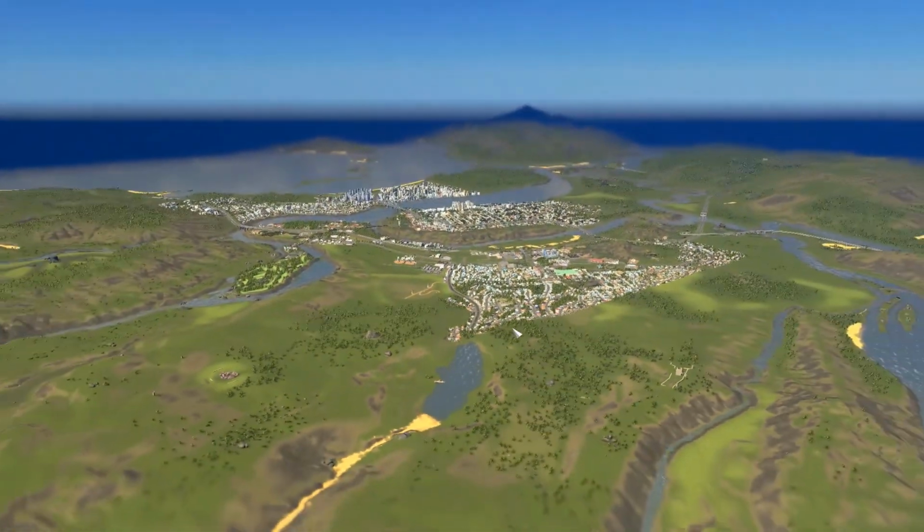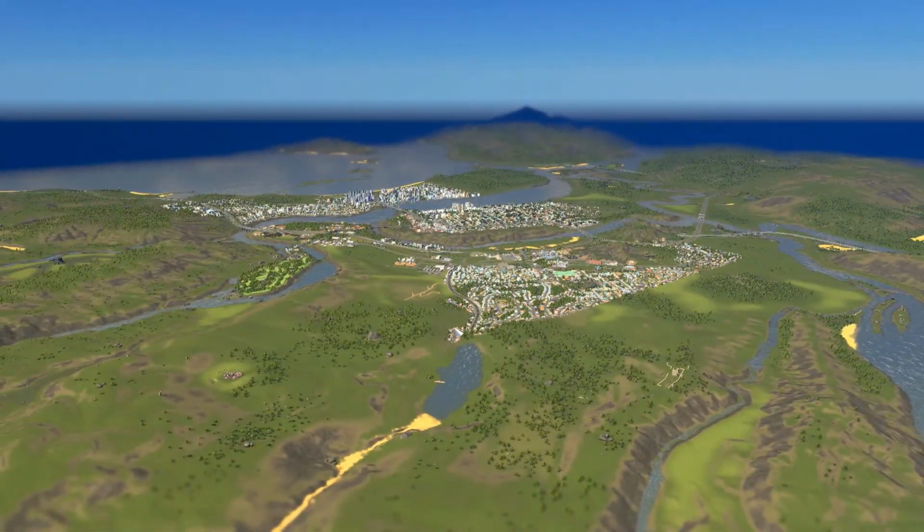So as we back out slowly, these are the suburbs. This is New Lancaster. This is the downtown financial district. This will be the port, and then this is another community with the university out this way. We have a golf course out here, suburbs all the way over here, and we just bought this tile, which constitutes that land. We're going to buy this tile as well. It's going to be a pretty cool city when it's all done.